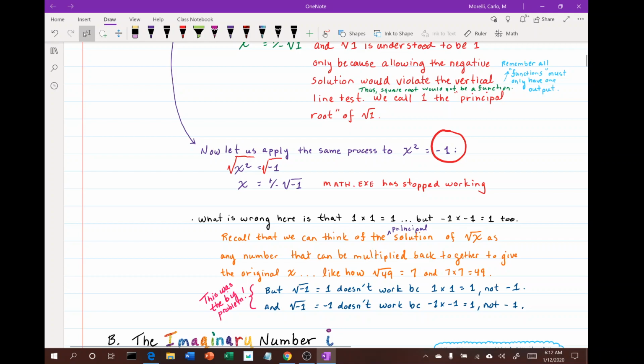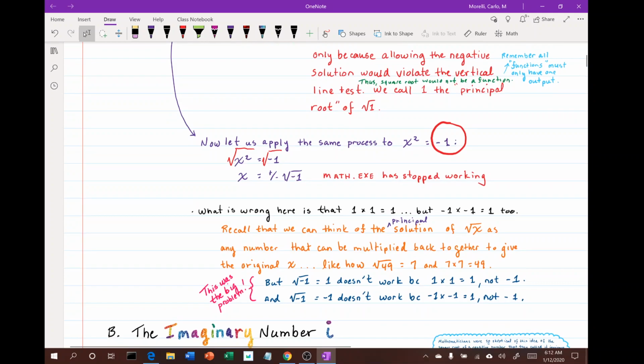You know, in the words of Tom Hanks from Apollo 13, "Houston, we have a problem." What is wrong here is that 1 times 1 equals 1, but negative 1 times negative 1 also equals 1. So we have a problem here because we're trying to take the square root of a negative number, but we're finding out that if we were to follow our process of thinking about what a squared number is,